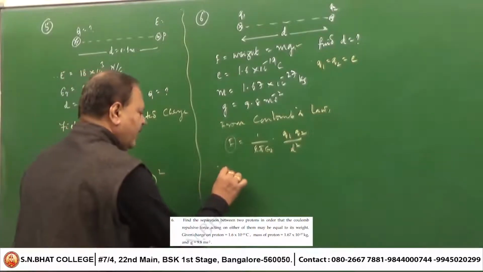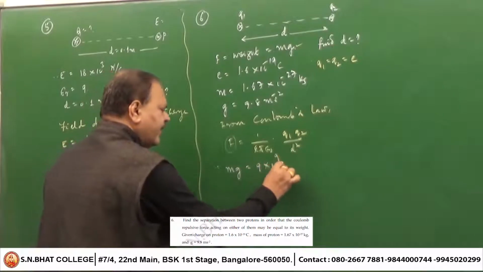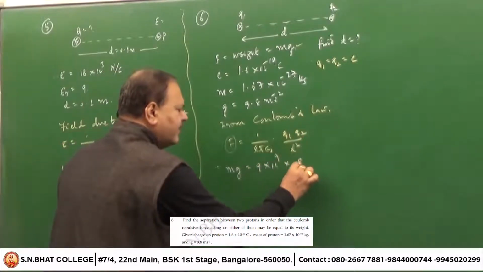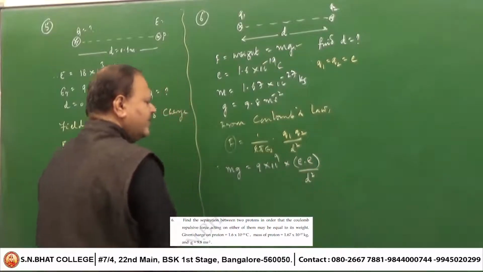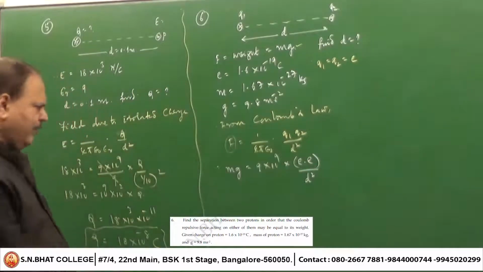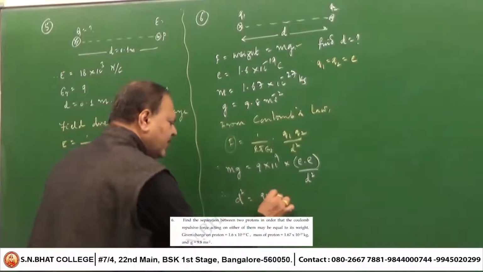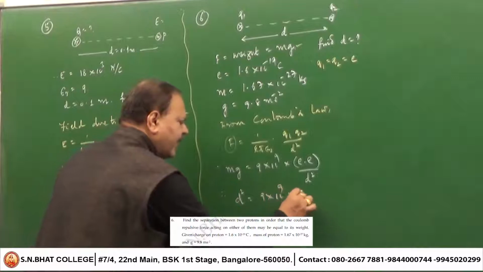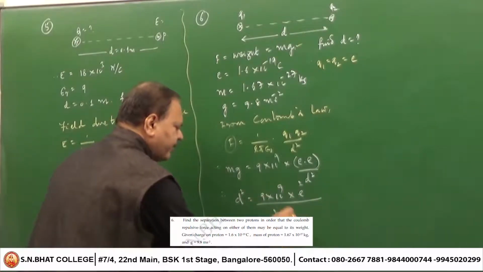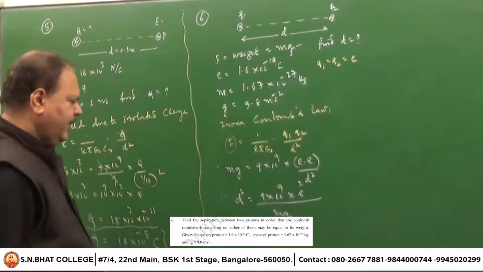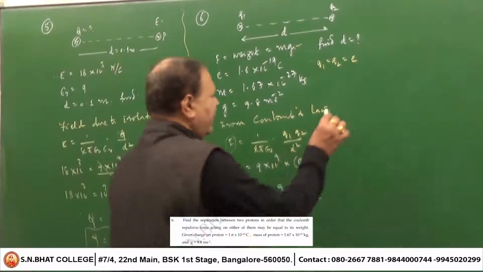Therefore, mg is equal to 9 into 10 to the power of 9 into E, this is E, because both are the charge on the protons, divided by D square. Now you just interchange, rearrange. D square is equal to 9 into 10 to the power of 9 into E square whole divided by mg. Okay, now you can take the square root if you want, and therefore D is equal to